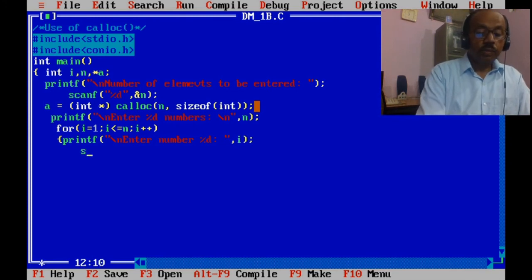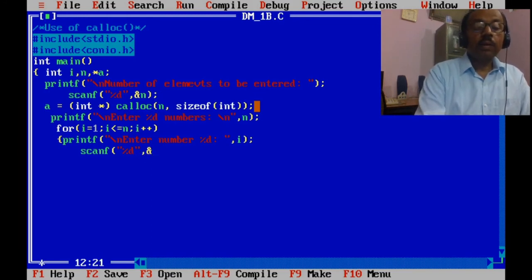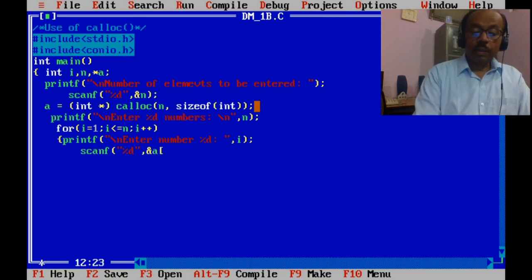Now scanf "%d", comma, ampersand a[i]. So this is the input loop.